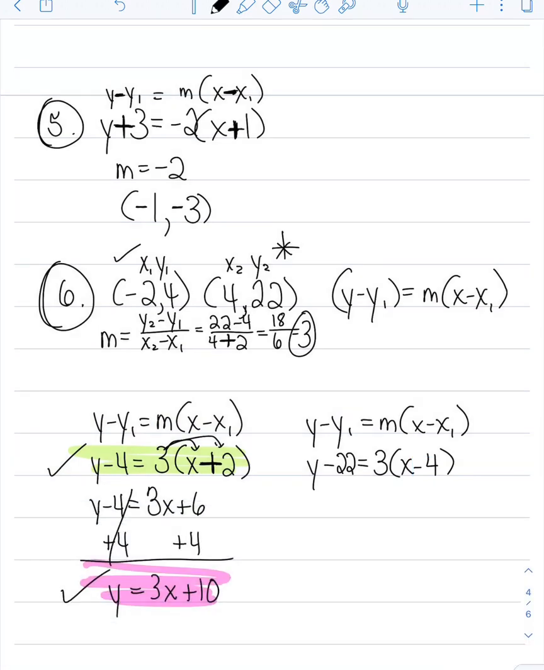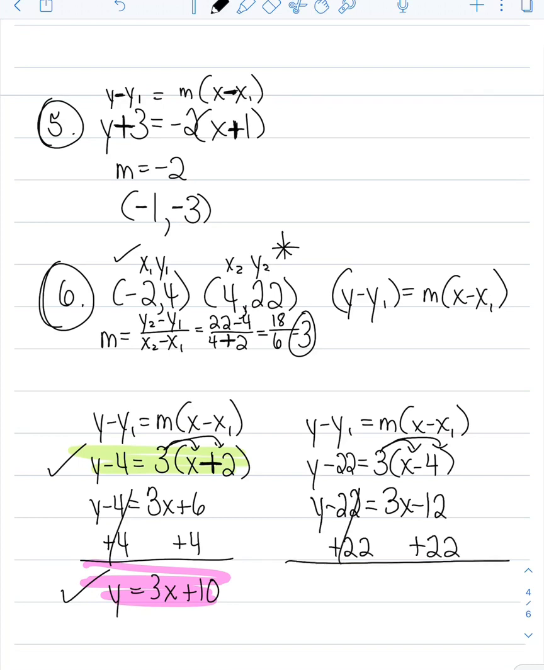Watch what happens when I change the second one to slope-intercept form. First, I do my distributive property. So y minus 22 equals 3x minus 12. Then I'm going to add 22 to both sides. y equals 3x plus 10. So listen carefully. No matter which of the 2 points I use, if I simplify to the slope-intercept form, I will get the same answer. So make a note, it doesn't matter which point I choose. That being said, let's do a couple more